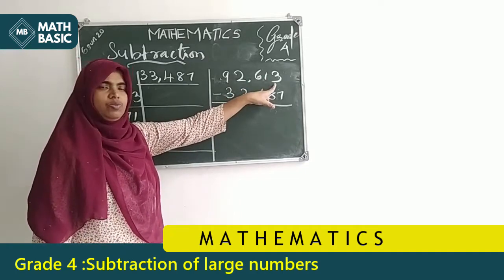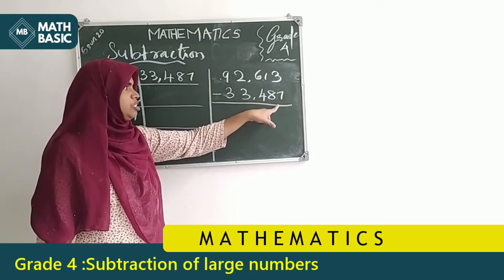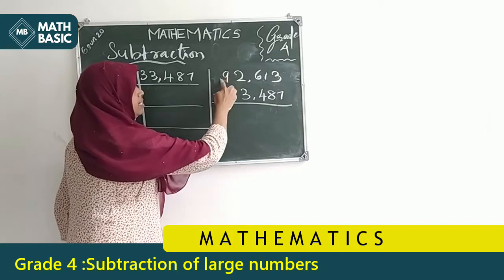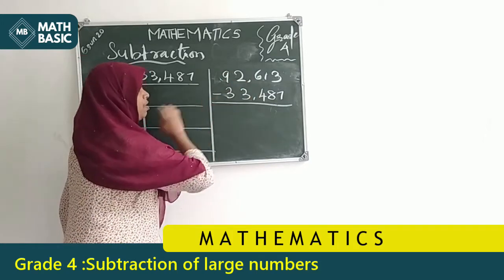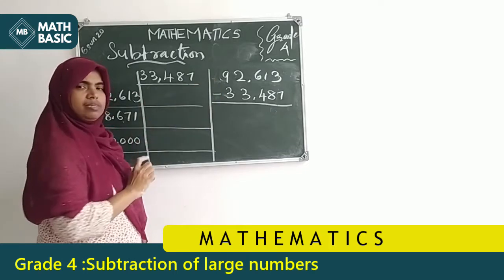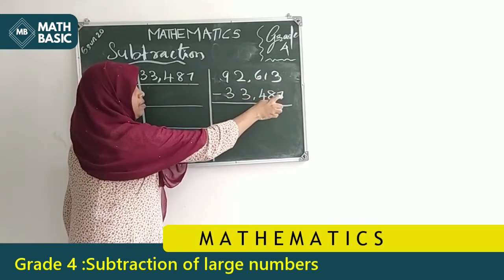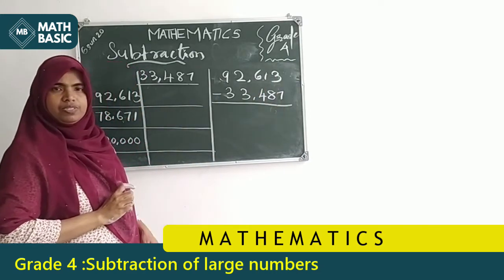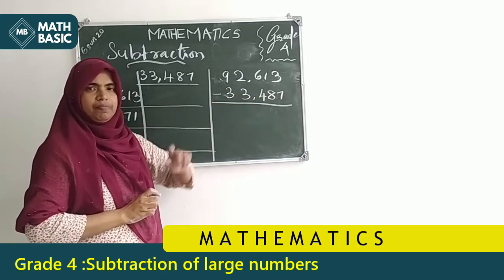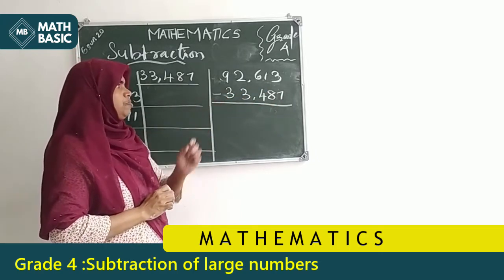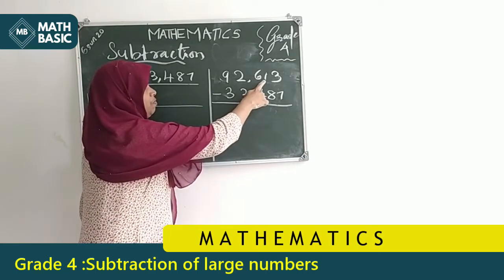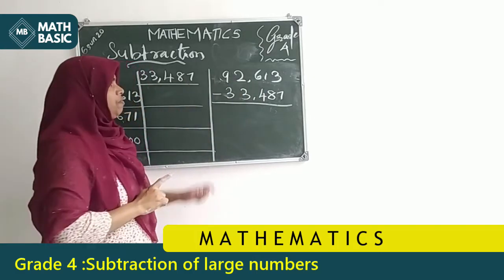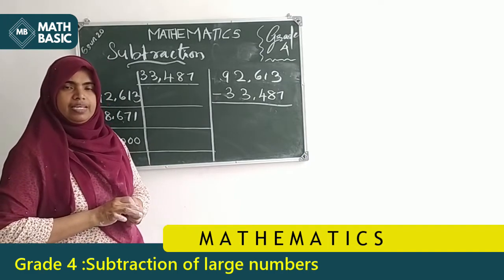So the ones places are 3 and 7. Just look at the ones place. 92,613 is the bigger number. This is the smaller number. Here the arrangement is correct. So next do the subtraction. But in the ones place, this is 7, this is 3. We can't do it because here is the smaller number and here the bigger number. Then we need the arrangement. Here also 8, 1, that also needs arrangement. Here no problem. Here also 3, 2. We need proper arrangement.